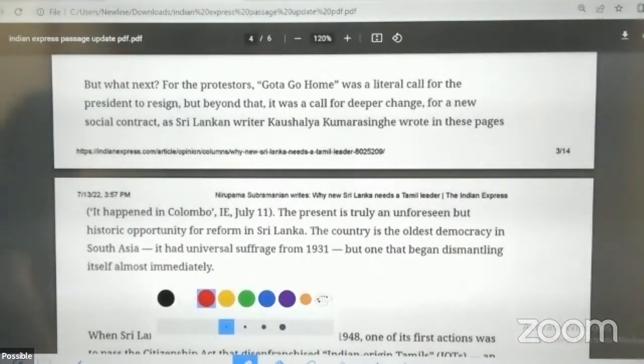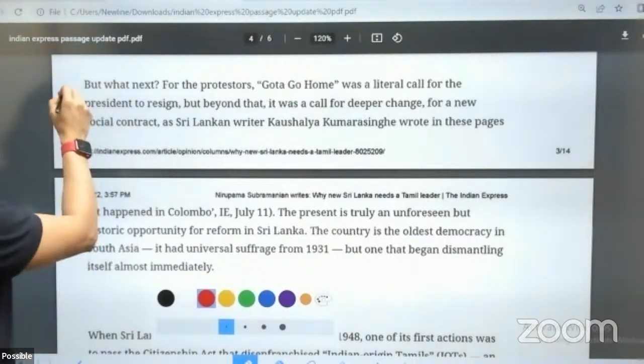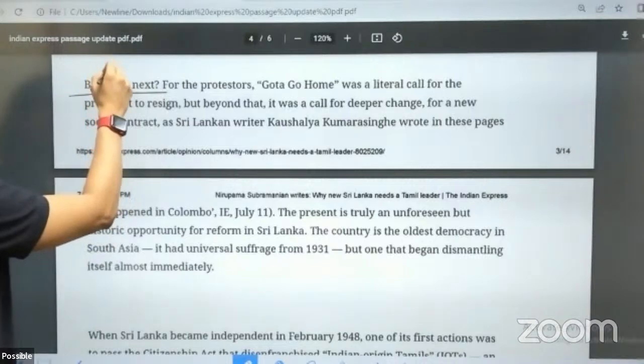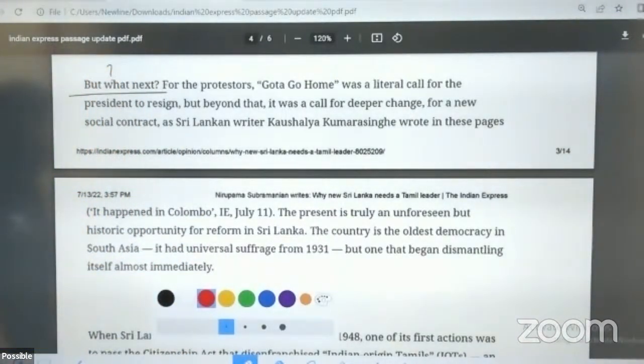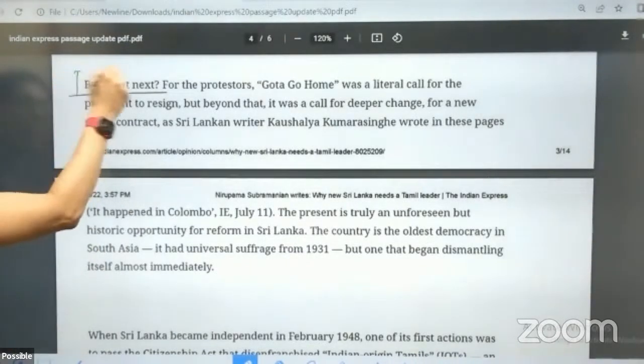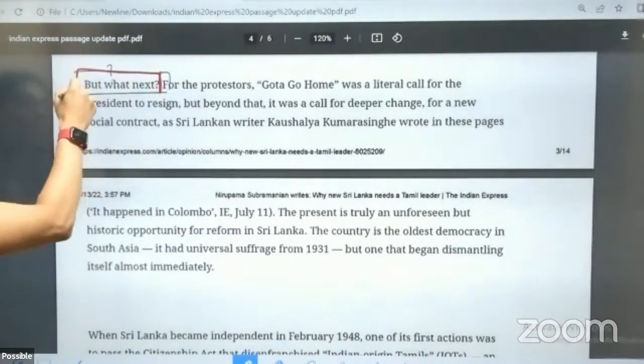All right. No, it's not the central theme, Achal. I'm saying, is it the central theme? I'm asking you. So right now we haven't finished doing the central theme. Now, one step towards the central theme is this very important question that comes up here, but what next? This is the point which tells you,